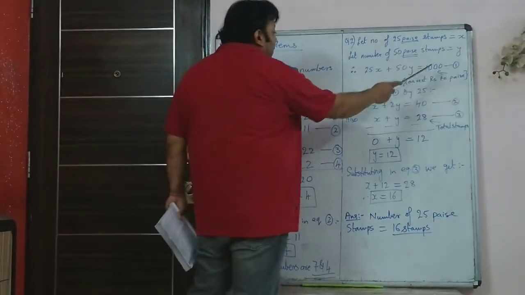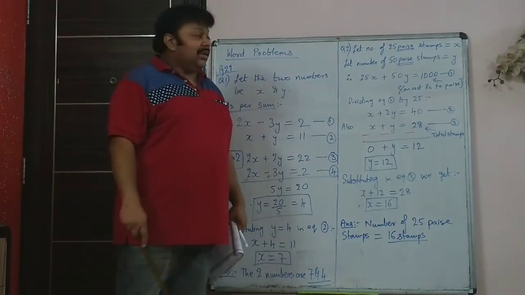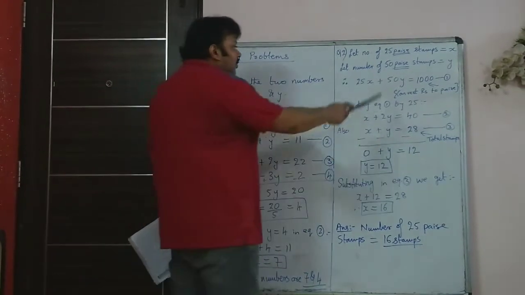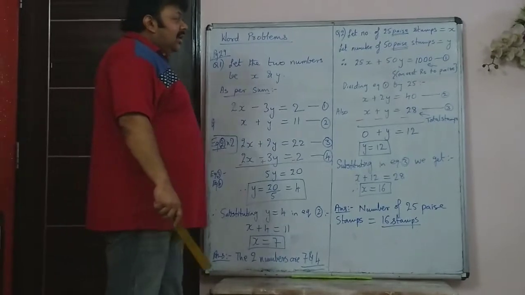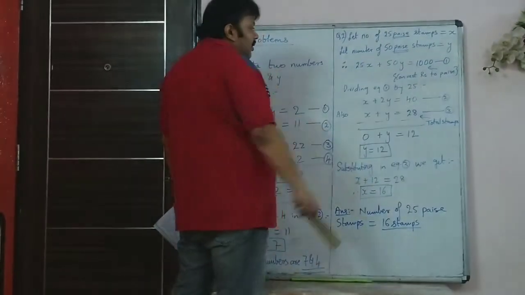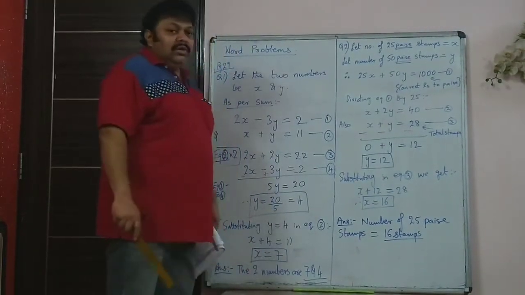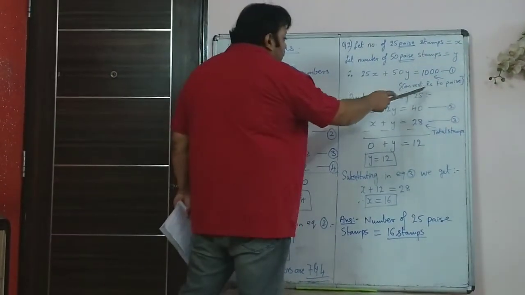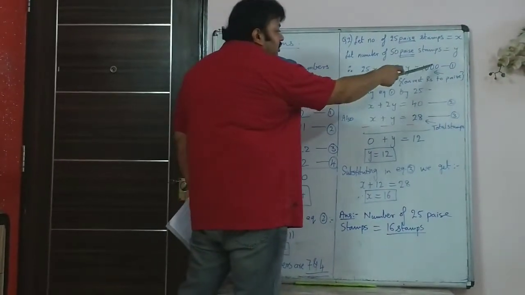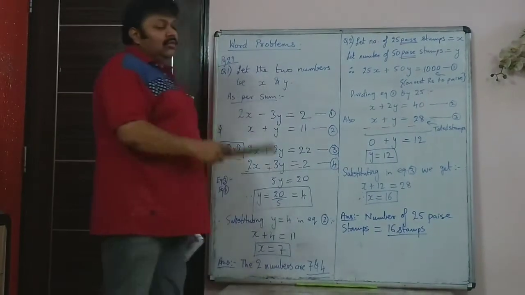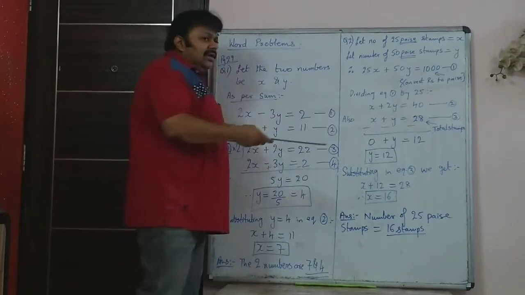So you have to multiply 10 rupee. Each rupee has 100 paise. So 10 rupees will be 1000 paise. So therefore you can say let the number of 25 paise stamps be x and let the number of 50 paise stamps be y. So 25x plus 50y is equal to 1000. Instead of writing 10 rupees, we write 1000. Because this is in paise, this is in paise, this also should be in paise. You can't have one side in paise and the other side in rupee. It's very clear, it's very simple.